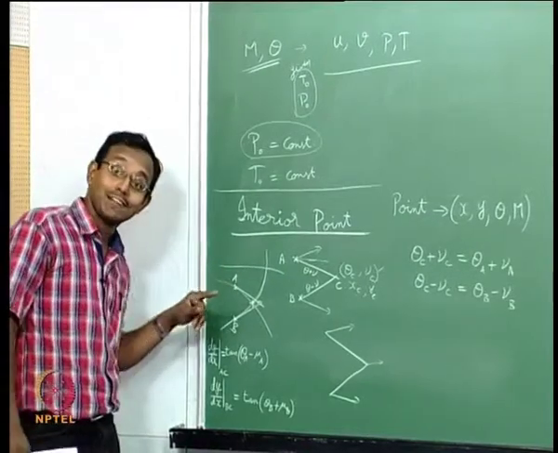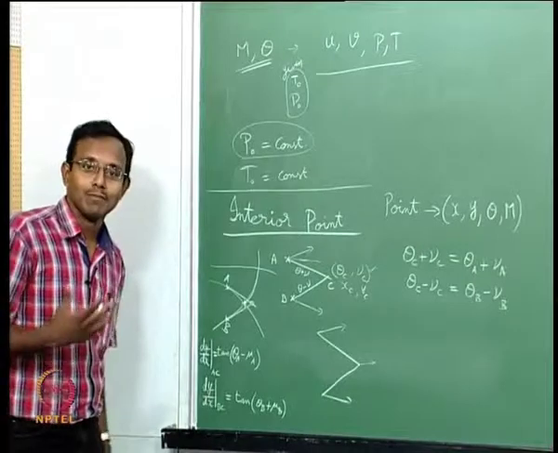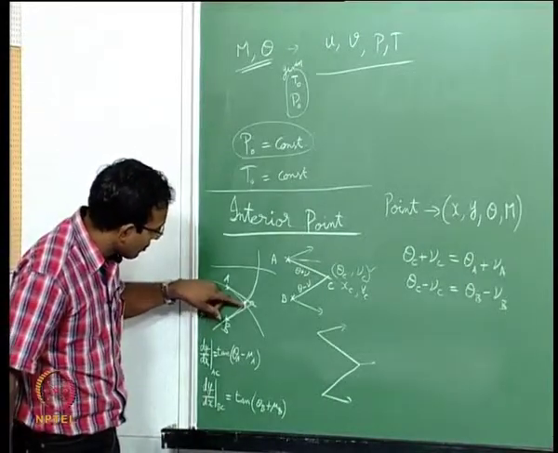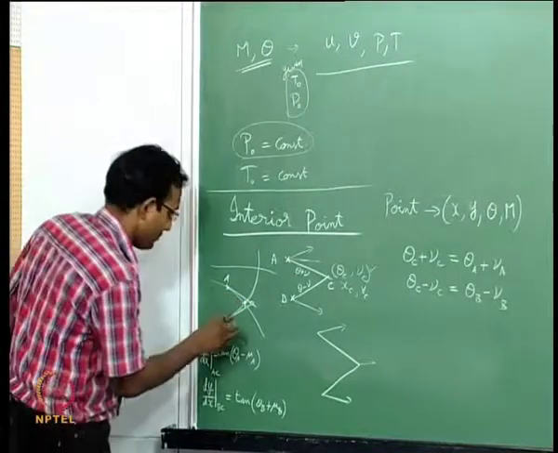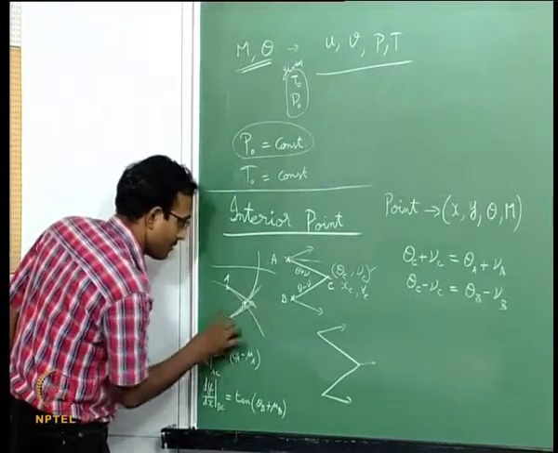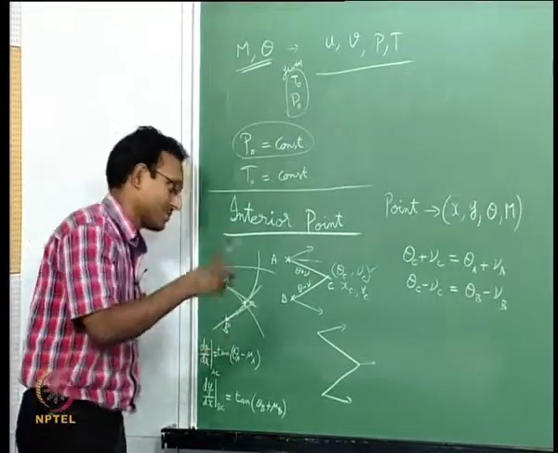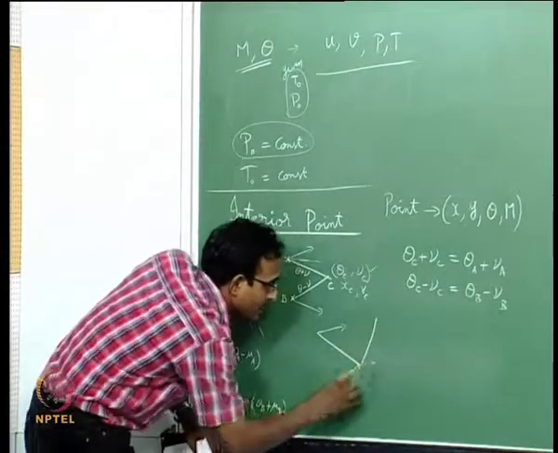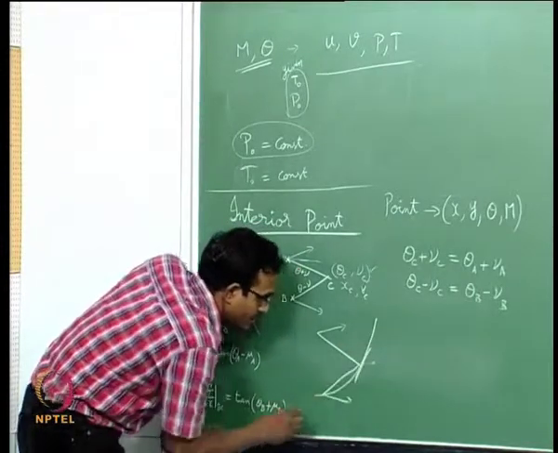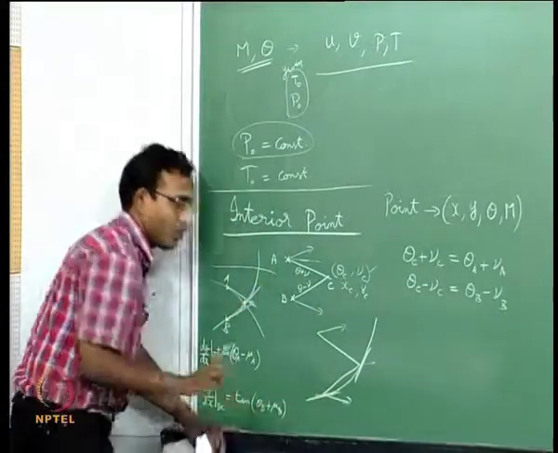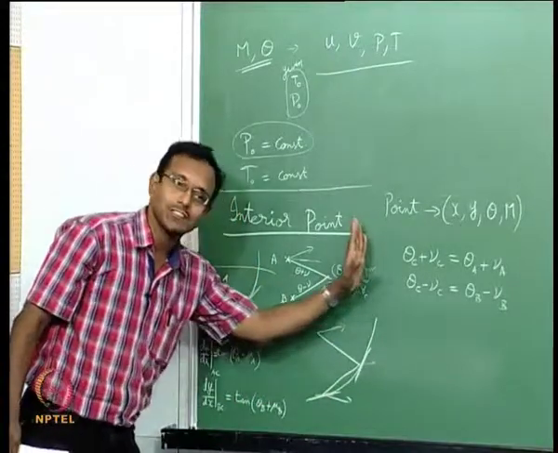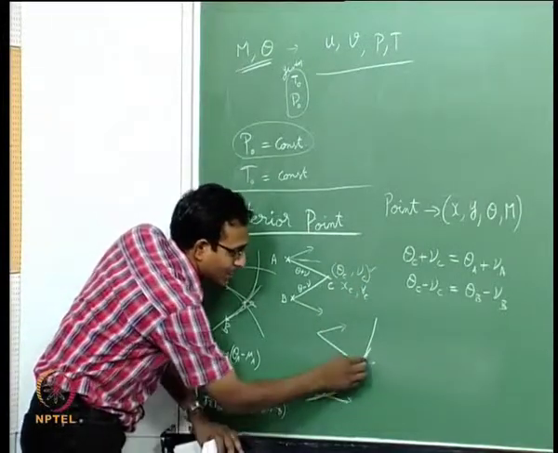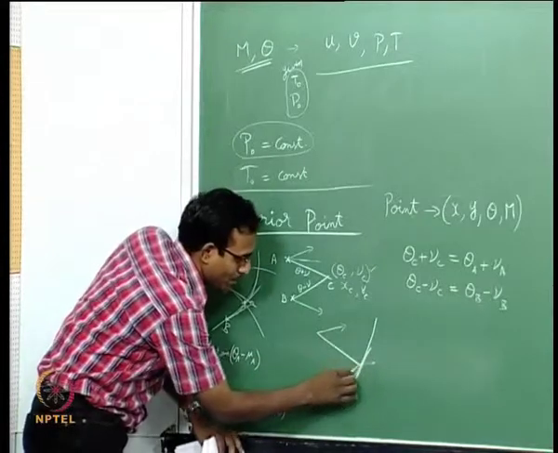To correct for that, with the data available, the only thing we can do is take an average of the slope on the curve. There is a slope here. I need to draw it again. I will draw it here. I am taking one slope here and one slope here for the same positive characteristic, and I will take an average slope between this value and this value and put that as the slope for this line.